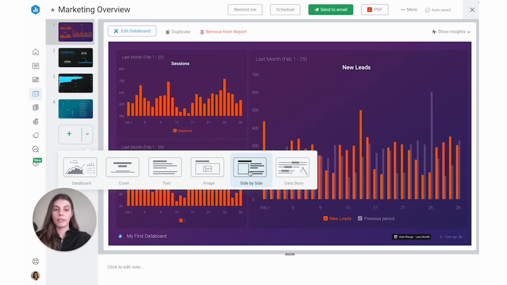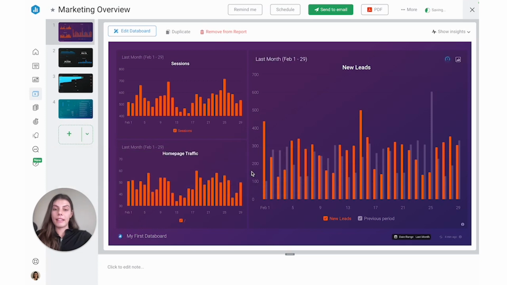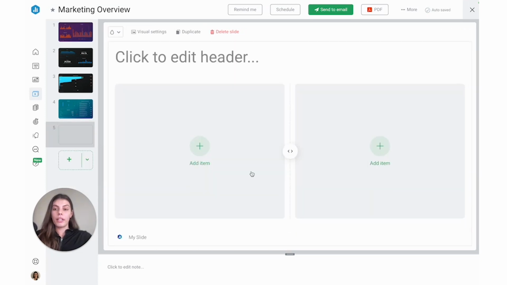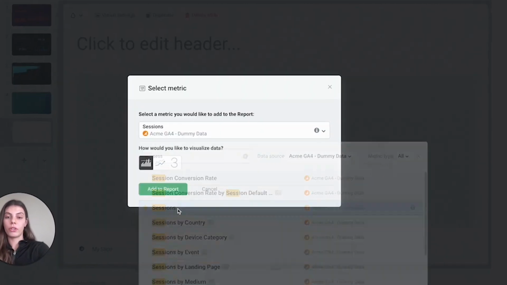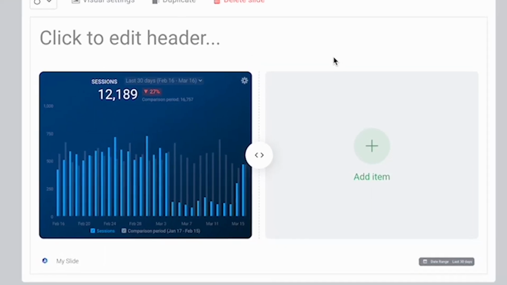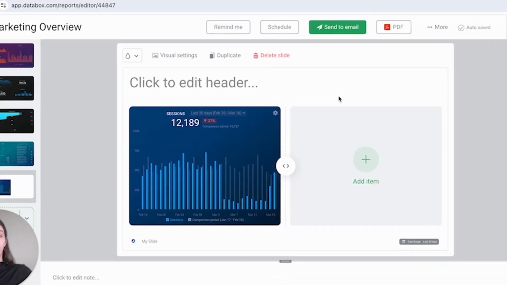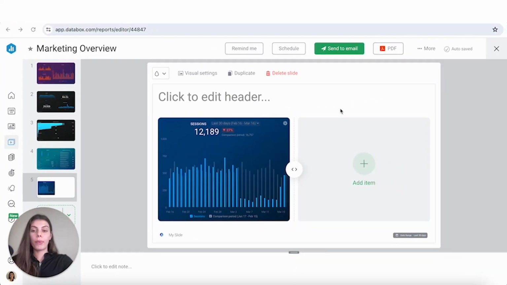And lastly, you can choose to include a data story slide, which includes dynamic elements about your metrics that are then updated automatically. So for this video, let's go ahead and create a side-by-side slide. And here we want to dig into the performance of sessions. So to add sessions, I would just click the plus button and select Add Metrics, and we can search for sessions. Okay, so I've added my metric sessions,